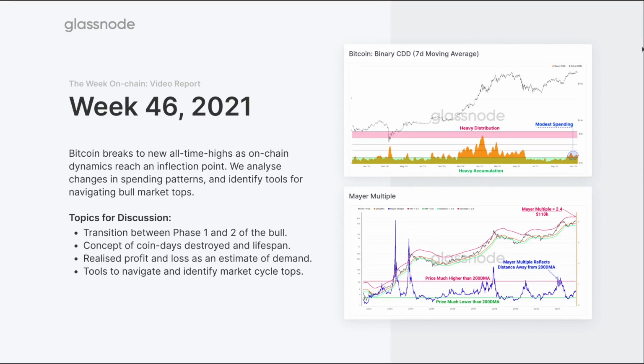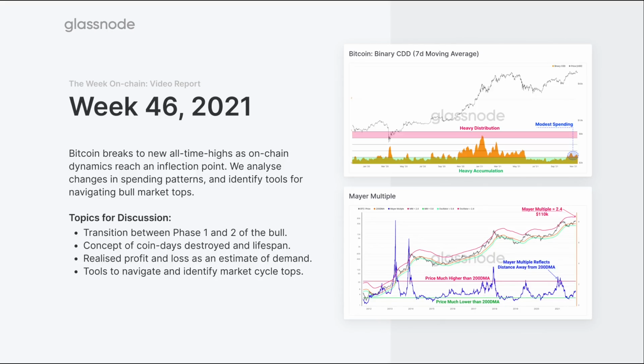So this week we really explore the concept of an inflection point in the bull market. What we generally see in bulls is a two-phased approach. The first part of the bull market is relatively quiet, it comes out of the bear, following a period of heavy accumulation, and generally we see the smart money continuing to buy and pushing the price up before much of the hype starts to arrive. Now at some point that transitions into a far more euphoric, far more fast-paced, and generally more media-driven later stage of that cycle.